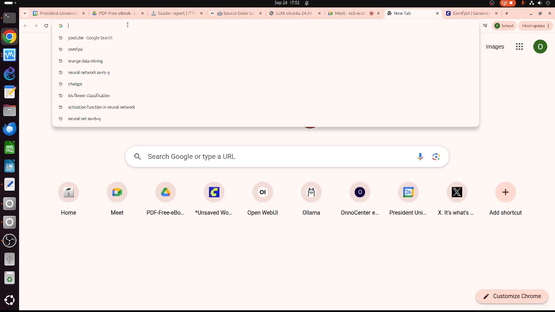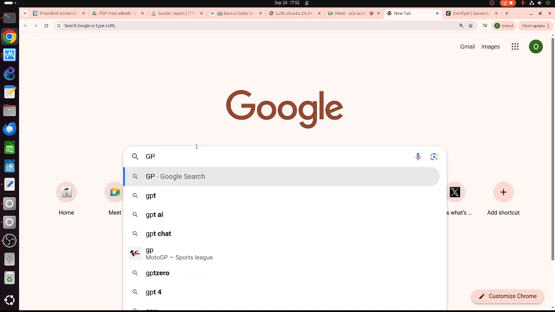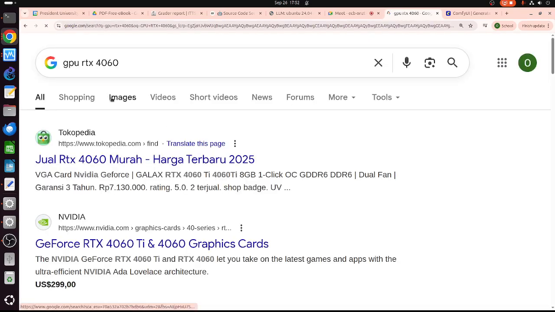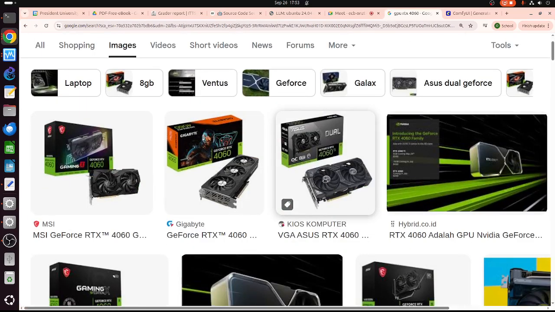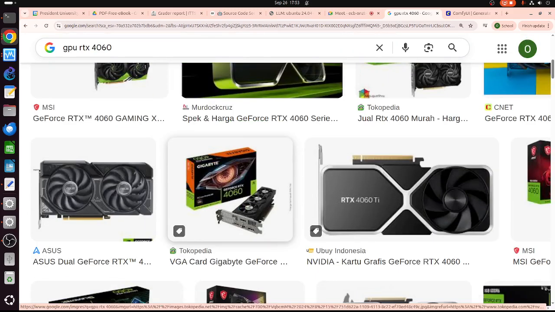And to play around with this, there are two different kinds of GPU. There are GPUs like the RTX 4040. That's for gaming. I think it has an HDMI connector here.